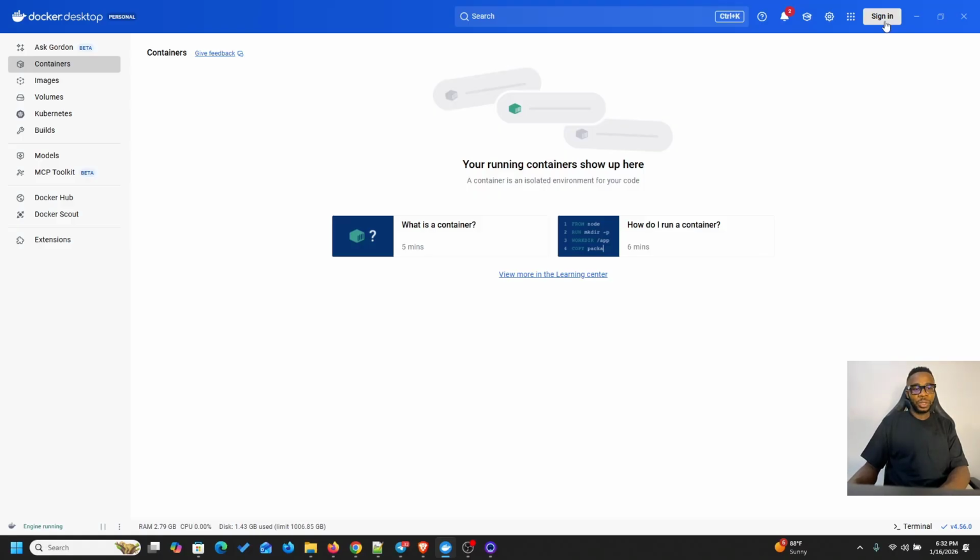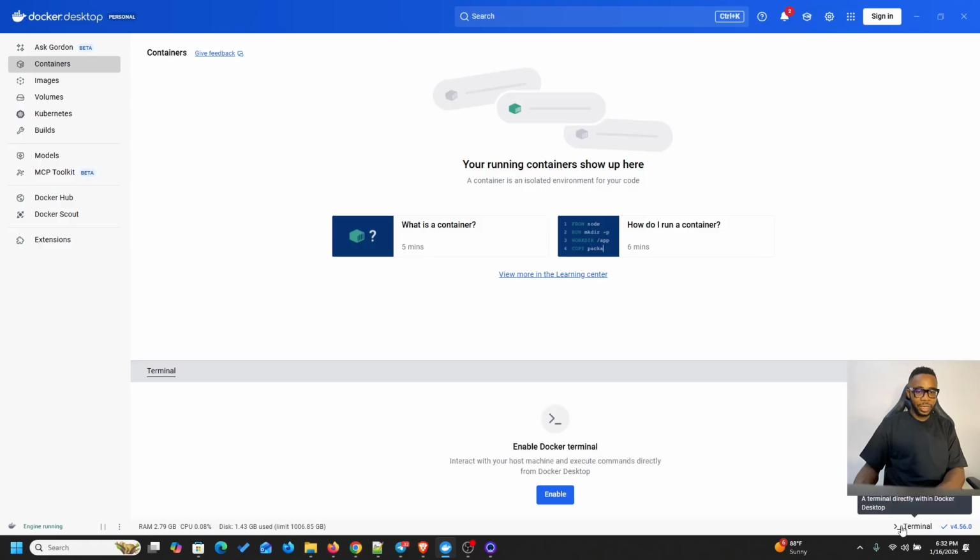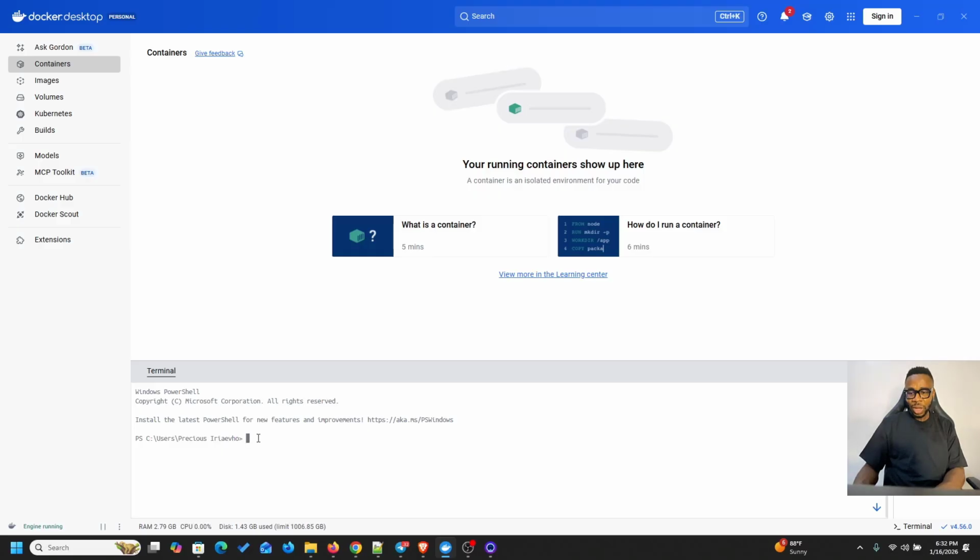The next thing we're going to do is create what we call a volume. But before we go into volumes, let's pull our n8n application in first. The first thing you do is click on terminal, down here at the bottom right. Click on it and you have to enable it. I've enabled it, and all you need to do is type this command on your screen,